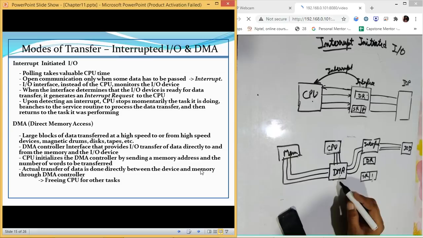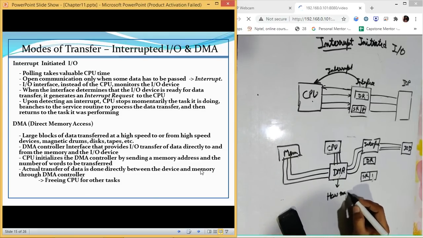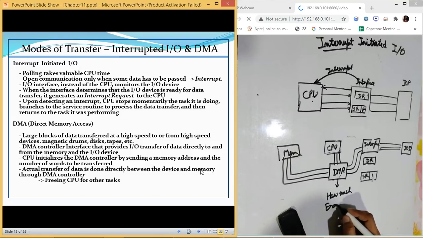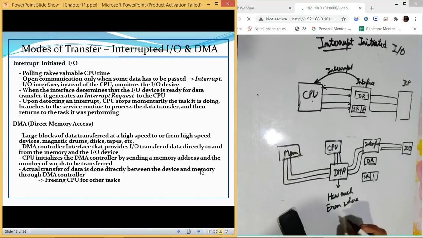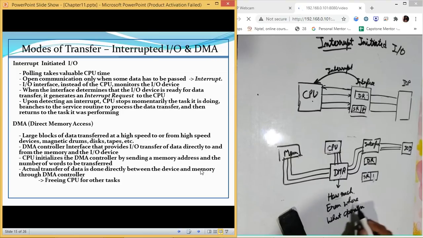It tells the DMA how much data it has to read, from where it has to read it, and what type of operation it is, whether it is write or read. So it simply initializes the DMA.